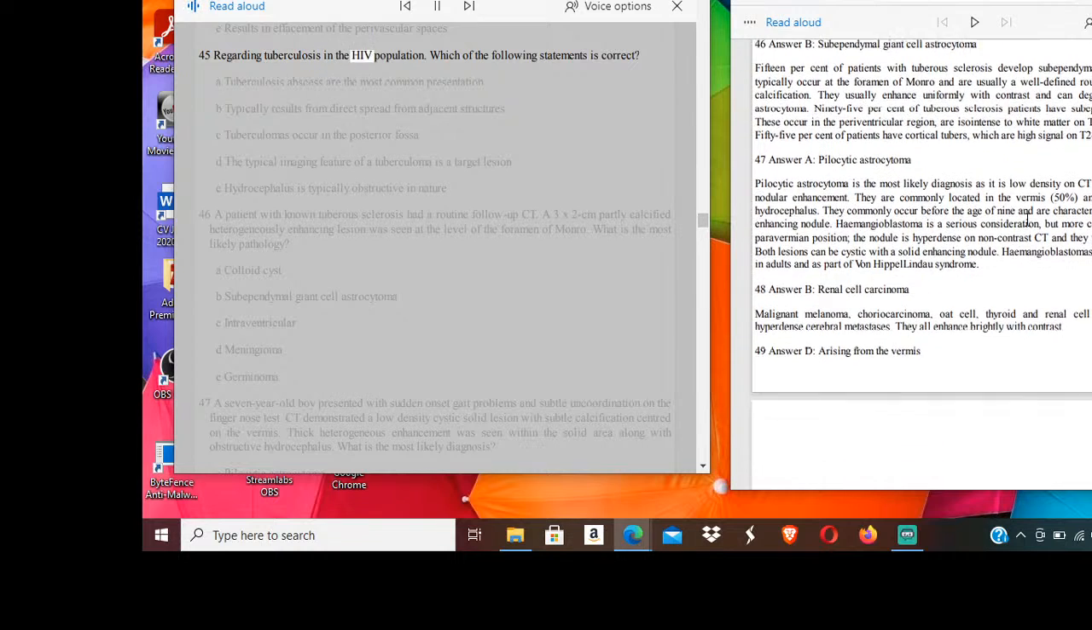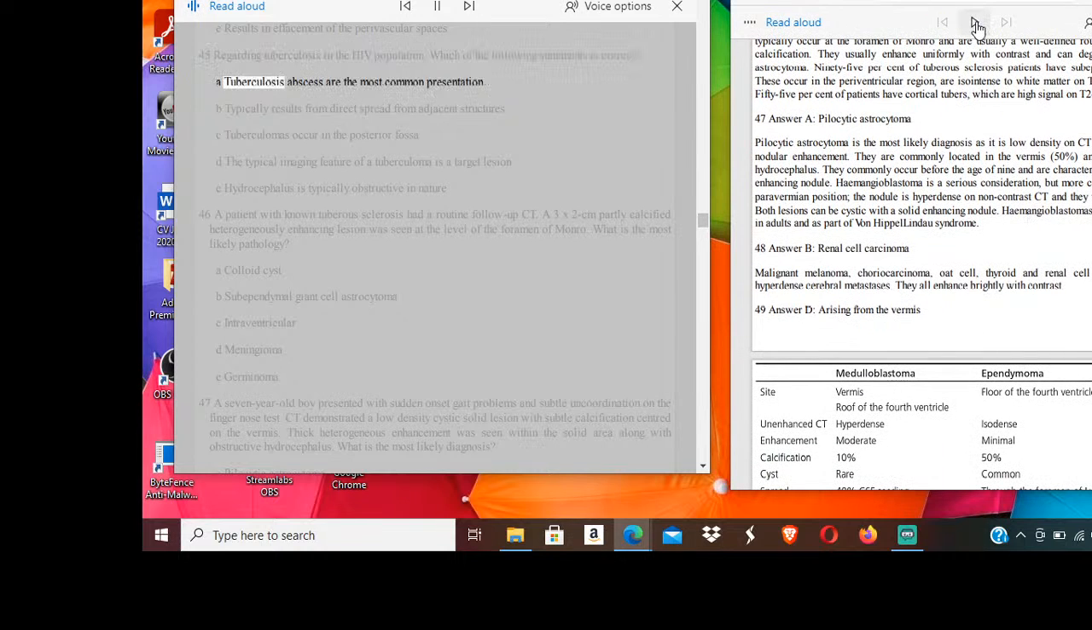45. Regarding tuberculosis in the HIV population, which of the following statements is correct? A, tuberculosis